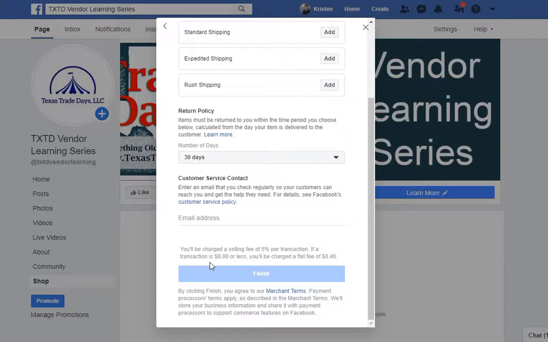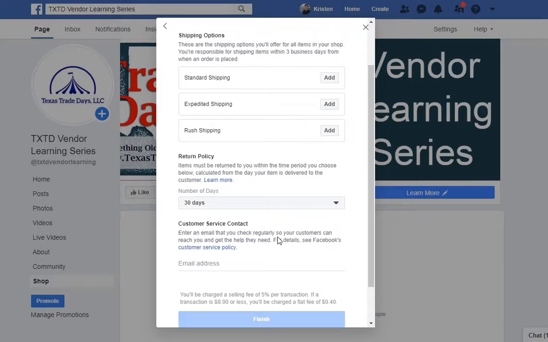If you have any questions about their merchant terms, come down here, hover over merchant terms, and you can click on that link before you click finish, because it says by clicking finish you agree to those merchant terms. You'll also want to review Facebook's customer service policy before accepting to use their shop feature of their business pages,